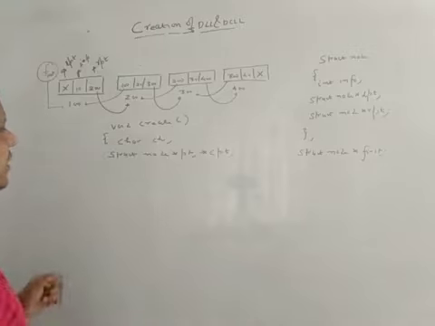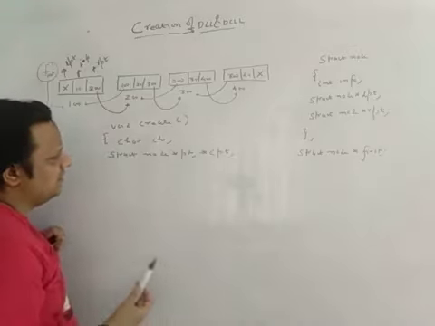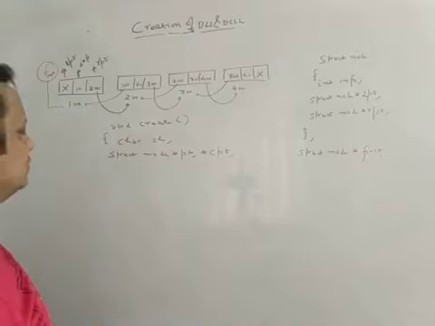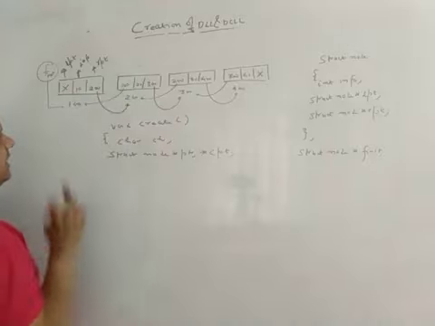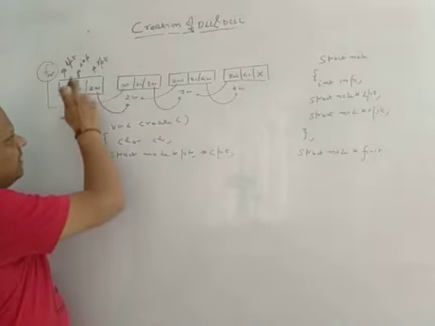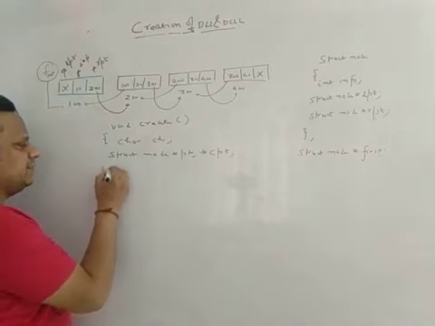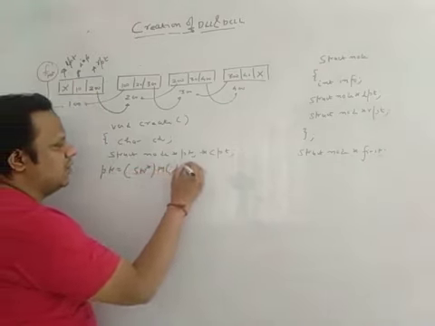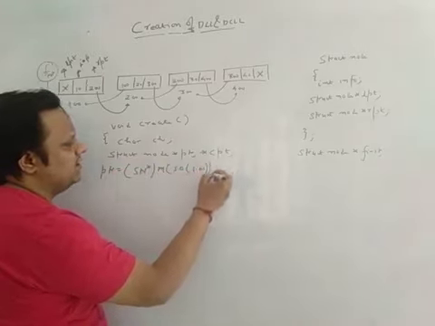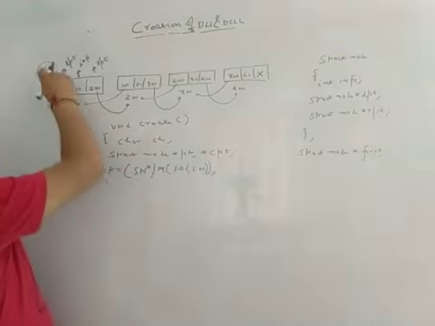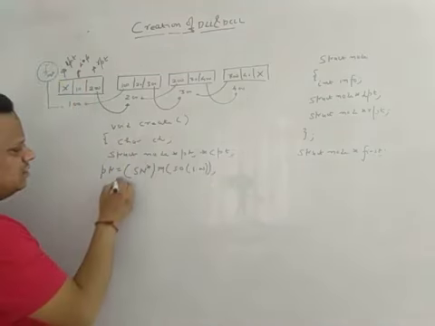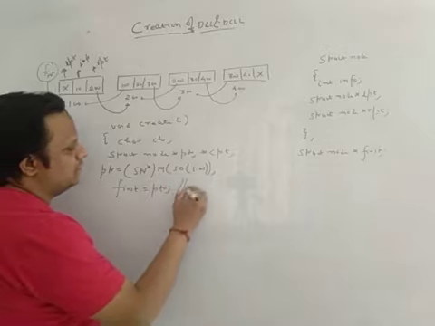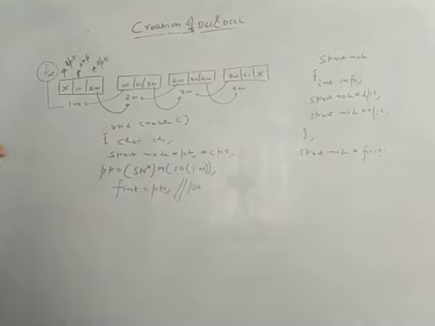So I have written a function void create. I have taken a character variable, char ch, and two pointers ptr and cpt because I want to make these two nodes. So first thing first, I have to allocate the memory and we'll create this node. So how you allocate the memory? Write simply ptr is equal to struct node star malloc size of struct node. So once you write this node gets created, and you want to assign the address of your first pointer to your first node. So for this I will write first is equal to ptr. So my pointer first points to the very first node of the linked list.